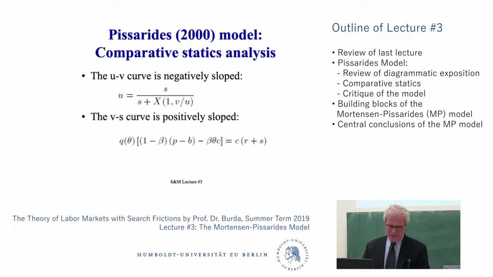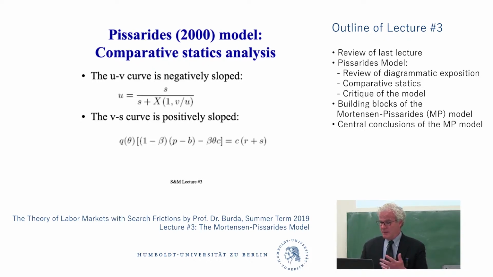One of the reasons this is a master's course is because we use math. And one of the reasons we use math is not because we like math, but it helps us be really precise. Why is the UV curve negatively sloped? I can tell a story, maybe the story is right. I can tell a mathematical story which is more precise. In fact, it may not be always right.